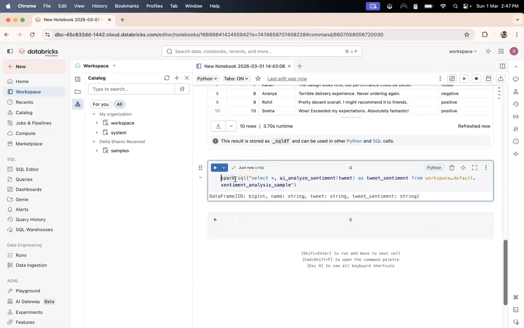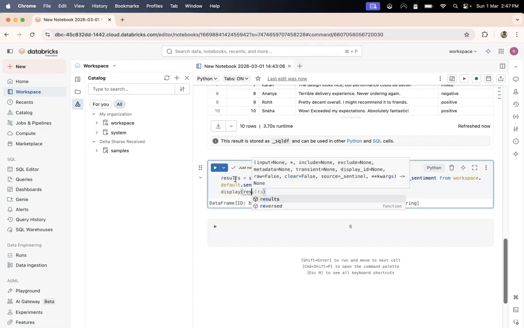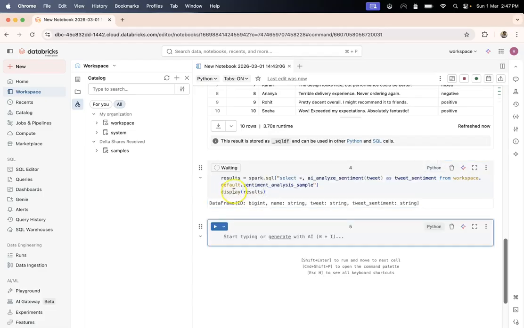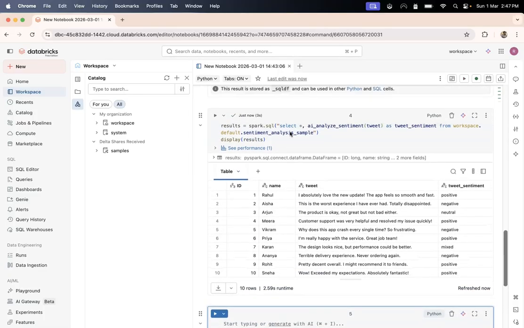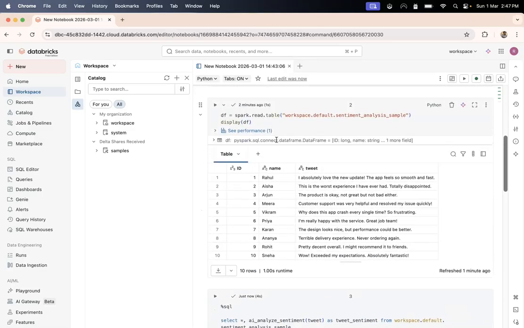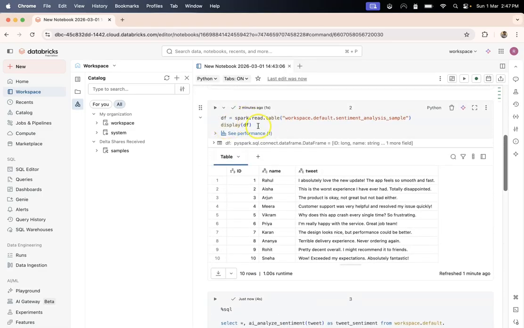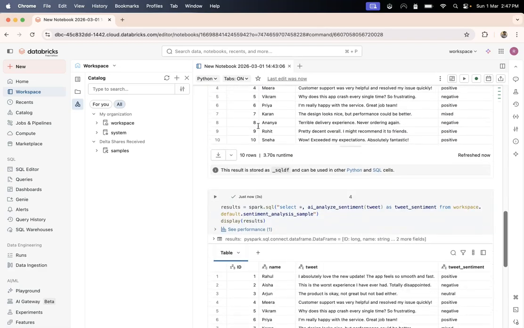And I should also save this result into results and then display results. Okay, so you see this. So now we have seen how you can run AI functions using a notebook.